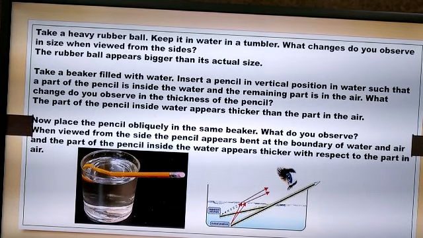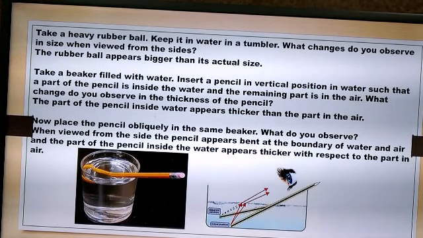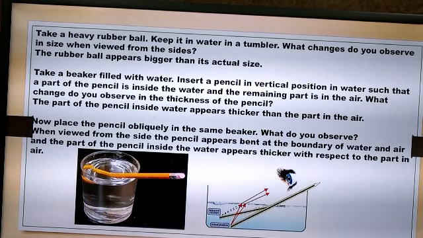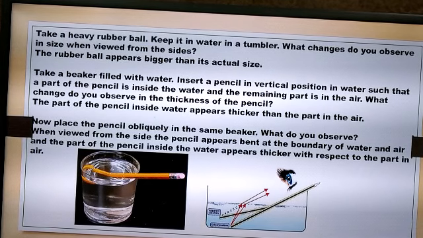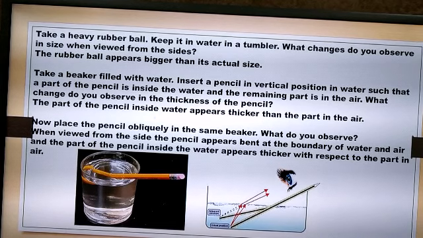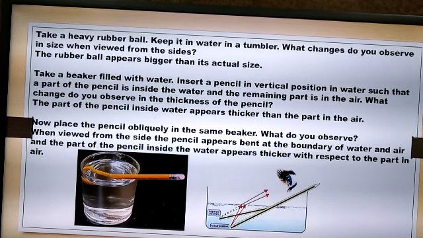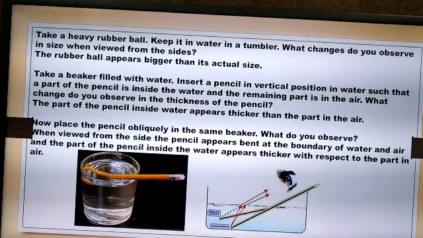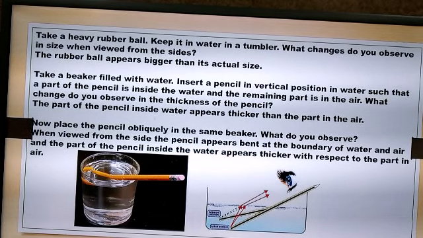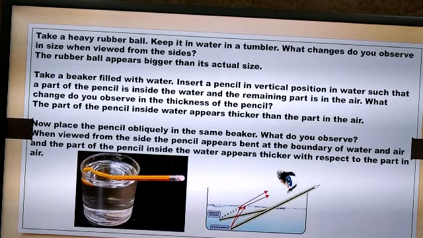Now take a beaker filled with water and place a pencil in the beaker in vertical position such that a part of the pencil is inside the water and the remaining part of the pencil is in the air. And observe the pencil from the sides of the beaker. What will you observe? We find that the part of the pencil which is inside the beaker appears to be thicker, whereas the part of the pencil which is in the air appears to be normal in size or in